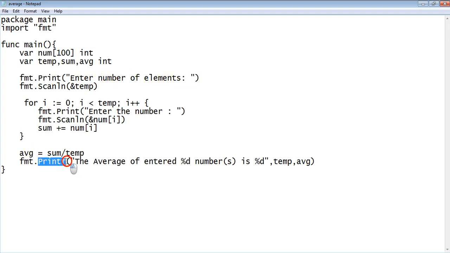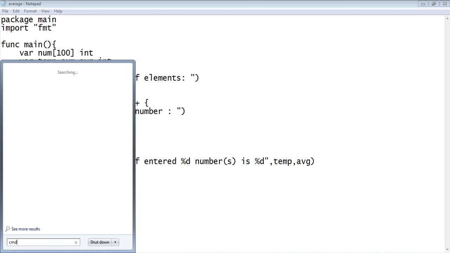But this particular printf is going to be the formatted output, where the compiler is going to understand that %d is of integer data type. For those who have learned basic programming languages, they know that to denote the integer data type, you use a %d for the variable that you're going to output. So this %d is for temperature, denoting it as an integer, and this %d is for average, denoting it again as an integer. So that's it about this average program.